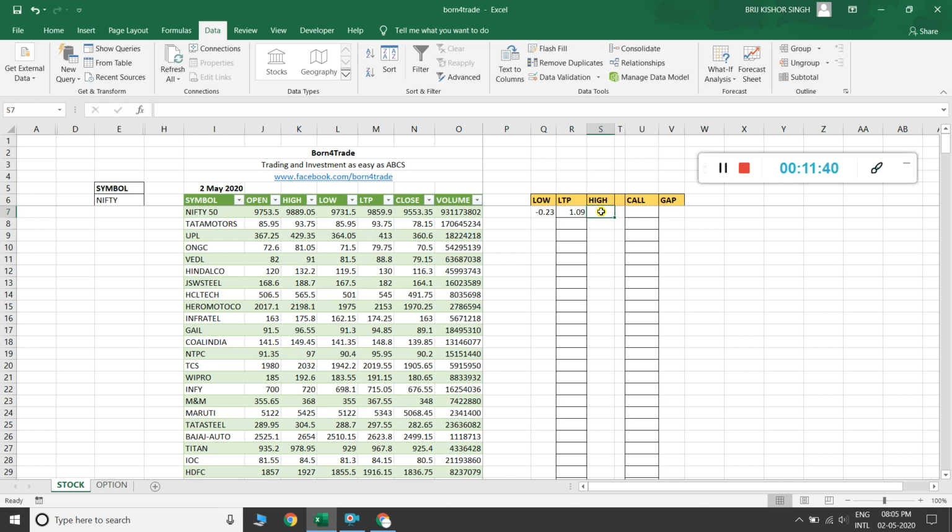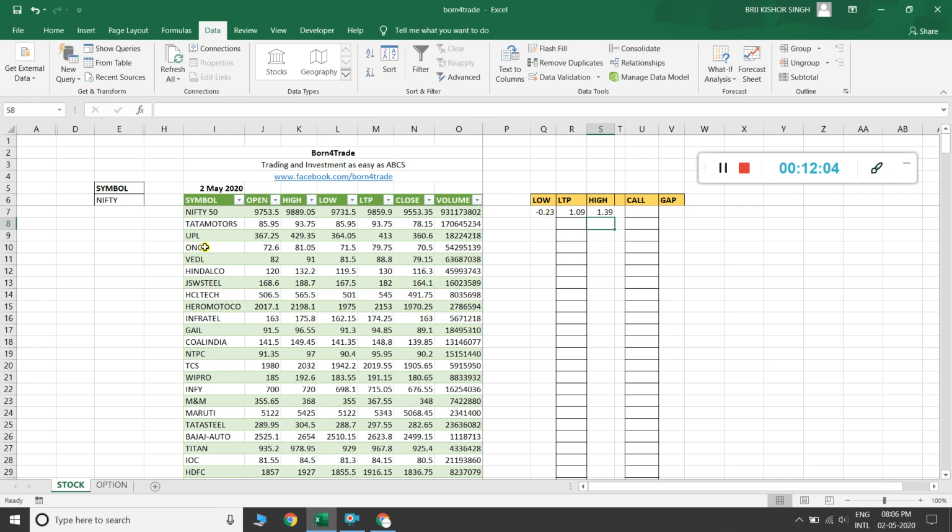Then I click here high, then bracket, then select high column, then minus open, then divide by again open, into 100, it gives me a percentage value.